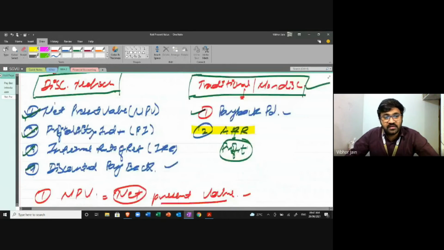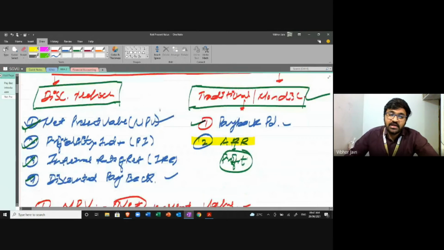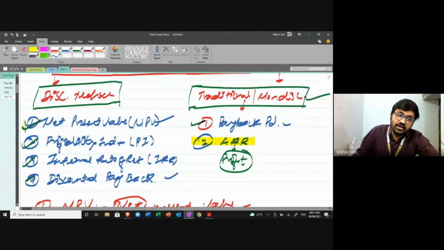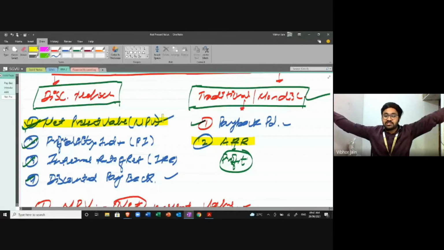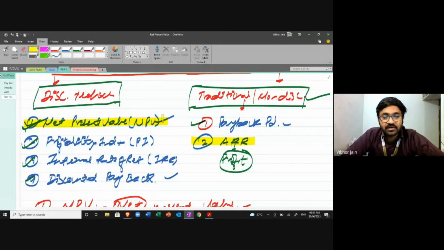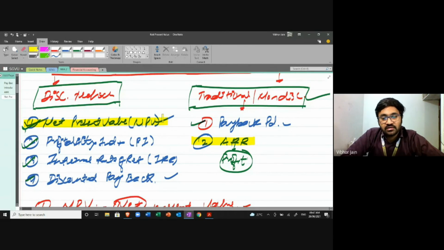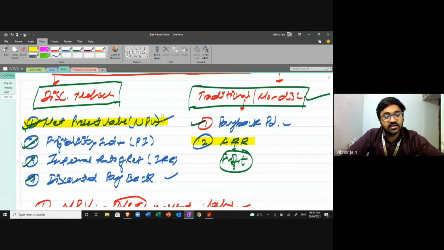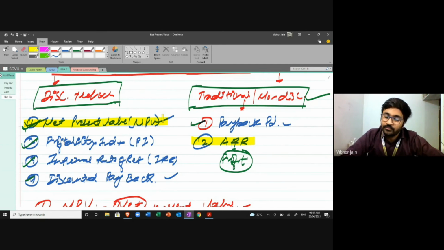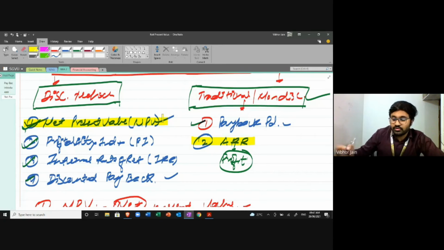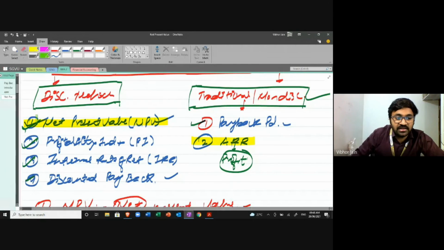So first topic, I hope it is clear. It is net present value. In net present value method, what we do is we calculate the present value of future cash inflows, and then we subtract it from the cash outflow or the initial investment that is required for that project. And if the answer is positive, then we accept the proposal. That means we are gaining something. If the answer is negative, then we reject the proposal. That means there is no benefit in accepting this project. Okay. Now I'm moving on to the second topic, that is profitability index.